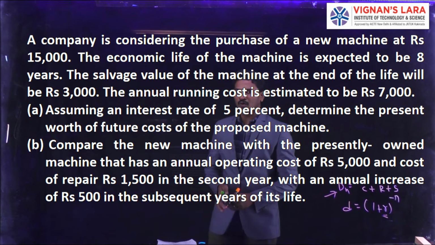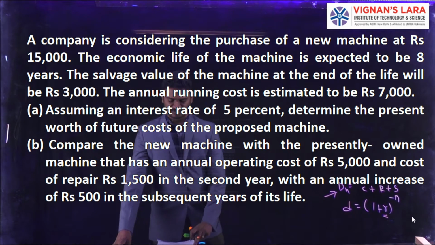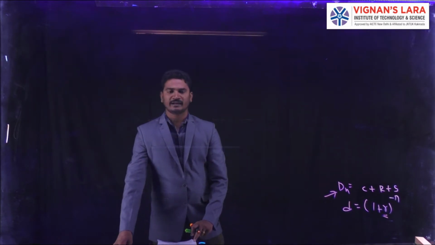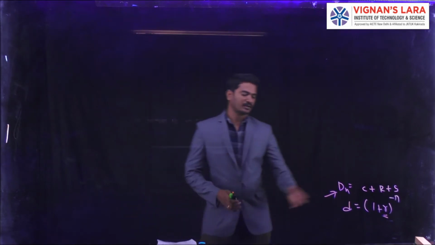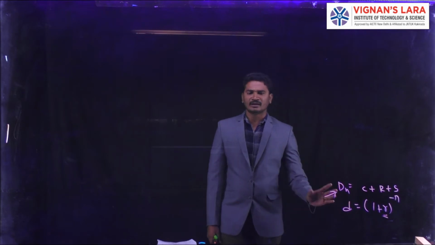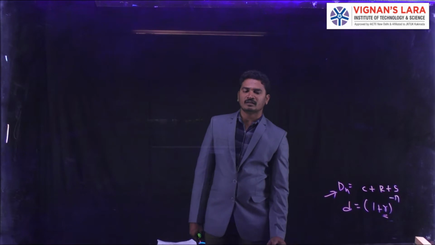Okay, now coming to the solution, here we are going to solve the problem by taking the second model. That is, we are going to calculate the small d value and we are going to calculate the capital Dn. Here we have the two cases. Case-wise I am going to solve the problem.